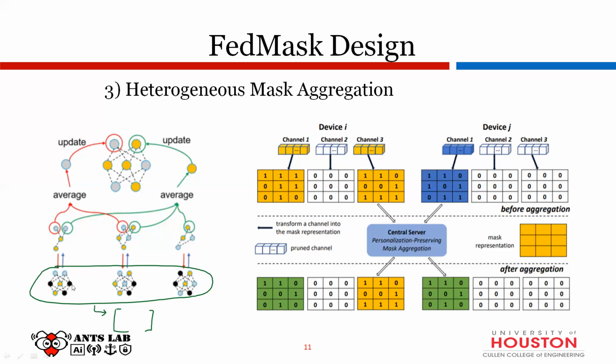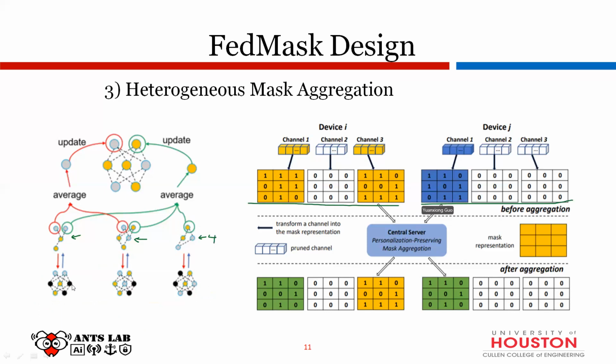However, here the masks are in different structures. For example, this one you only have 4 neurons. This one you have 5 neurons. You have 4 neurons, right? So you have different structures. Yes. But for the figure you show here, I assume that this is a mask, right? Yes, all those are masks. So according to your explanation, for channel 1, I have the mask, and you have channel 1, you also have the mask. So we will combine with each other to get a common mask, right?